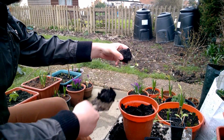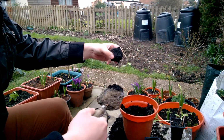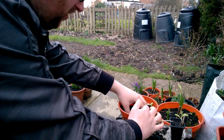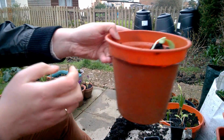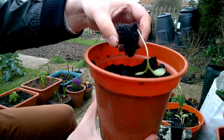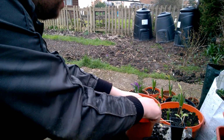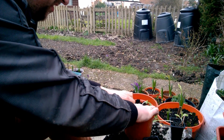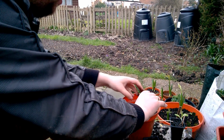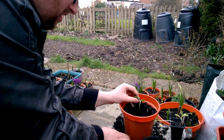Now, like a couple of things that have come out of my greenhouse, these have got what I think they call root rot, which is where you see, I don't know if you can see it there, that little blackening of the stem and the root. That is to do with the temperature. Perhaps I sowed it a bit too early. So it may well not survive, but it seems to have